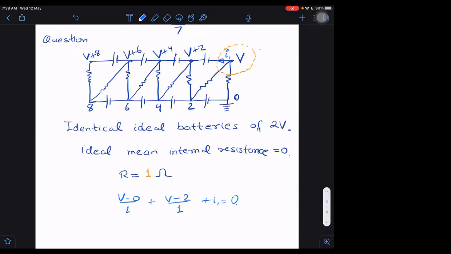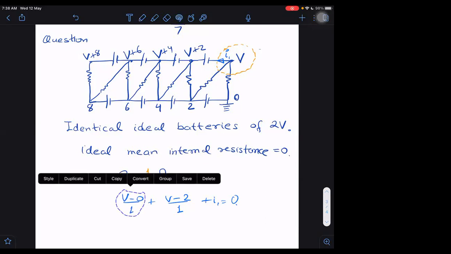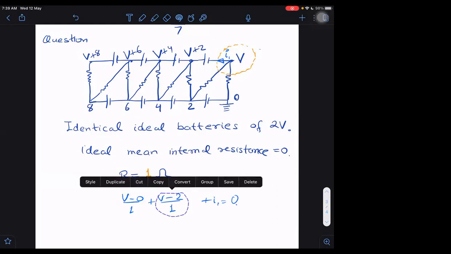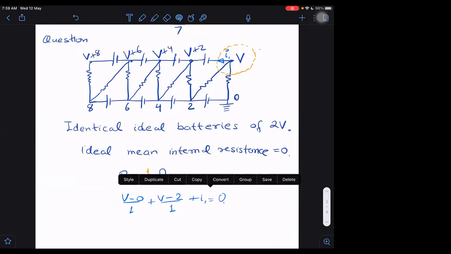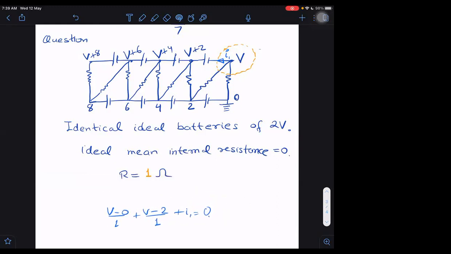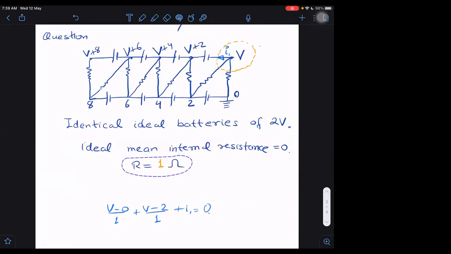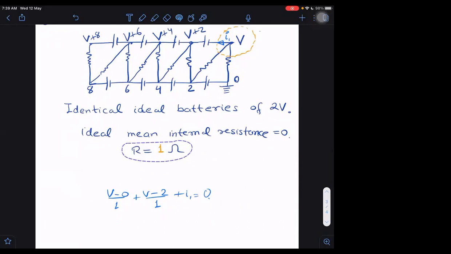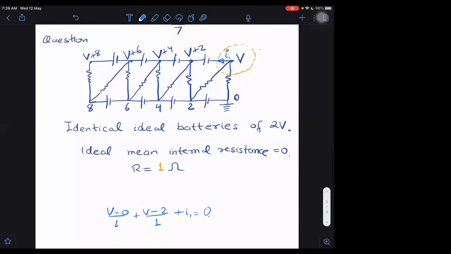So you are not applying the equation correctly. You are forgetting that main part, that whenever we have a branch in which there is no resistance, in that branch we can't do it by just taking voltages. We will have to assume unknown I. Why can't we do it by taking voltages? If I take voltages, what do we get? V plus 2, V. And here resistance is 0. No resistance means 0 resistance. Then we will be getting infinite current.